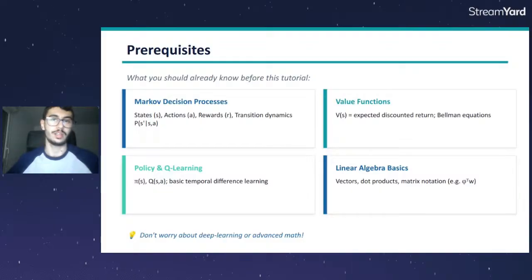So a state is the actual state of the environment. The actions are the actions that are done by the agent, for example, picking stuff, throwing stuff, etc. The reward is what we give it as a response to its actions. Generally, it's a scalar. It's positive when the action is good, and negative when the action is bad. And the transition dynamics is what represents the environment. For example, if the agent picks a ball and throws it, this ball is going to follow the dynamics of the environment. So it's going to follow a certain trajectory, etc.